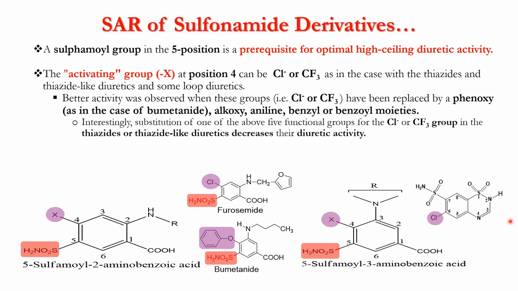But don't forget that their short duration of action is similar, but the compound that contains phenoxy is approximately 50 times more active in terms of potency. In such a case, bumetanide is more potent than furosemide because of the presence of the phenoxy group. But if we are going to replace these substituents, the phenoxy, alkoxy, anilino, benzyl, and benzoyl moiety,